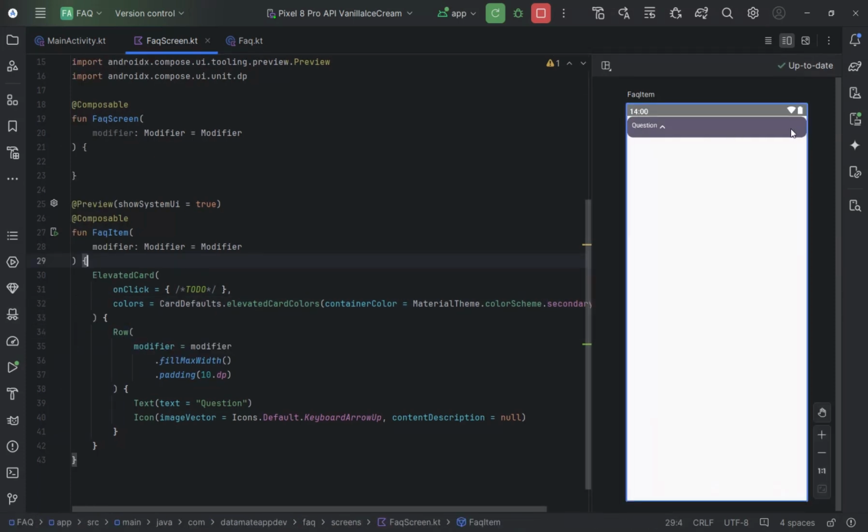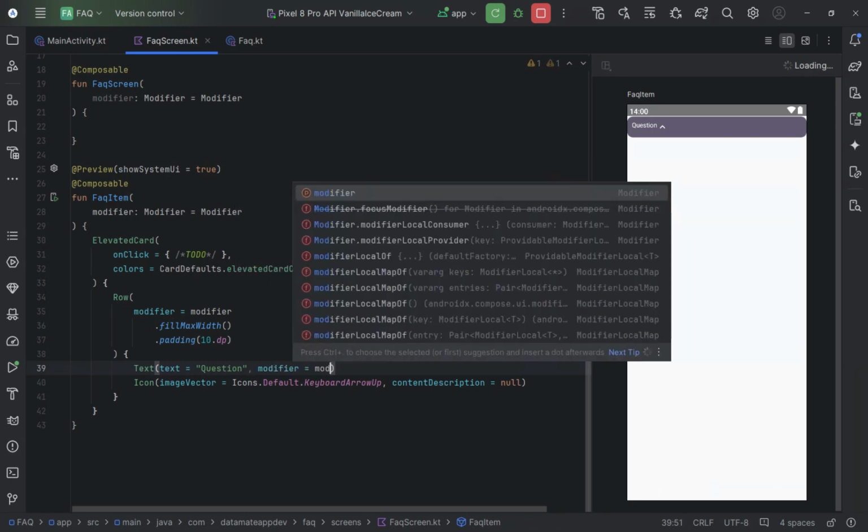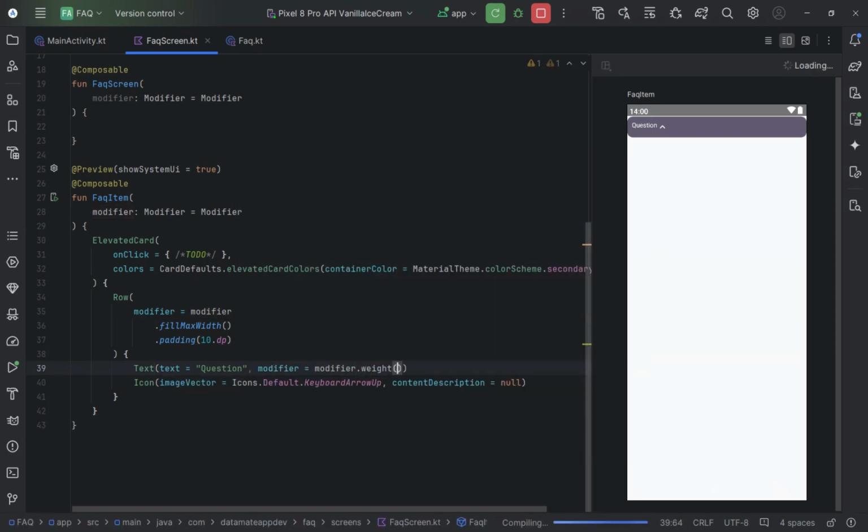Now we can see our card, it's coming together nicely, and for this let's just use the weight modifier for this question text, which is just going to push our icon to the far right. So it's going to be modifier, we're using the weight modifier and giving this one a 1f. As you can see, it's now on the far left of our screen, and we're also going to